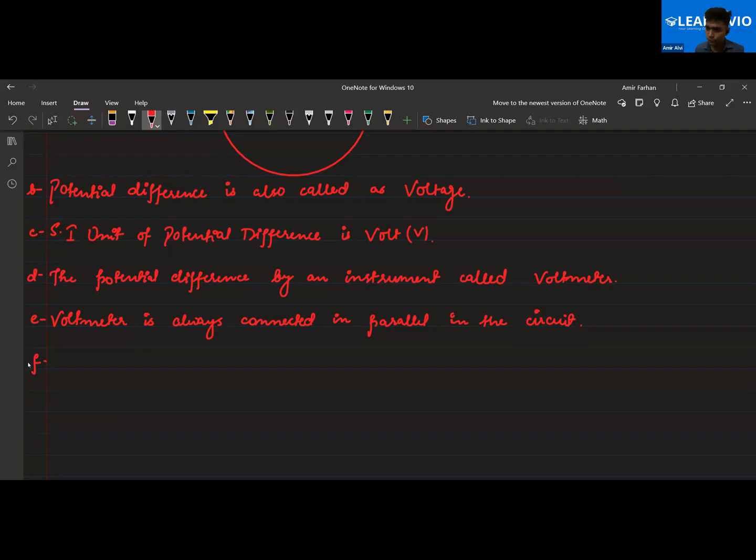2 points, 2 marks. Enough. No need to write in a single line. Bullet point 1: voltmeter, define the voltmeter. Second point, it is connected in parallel combination in the circuit. Okay? Like that. Next point is that